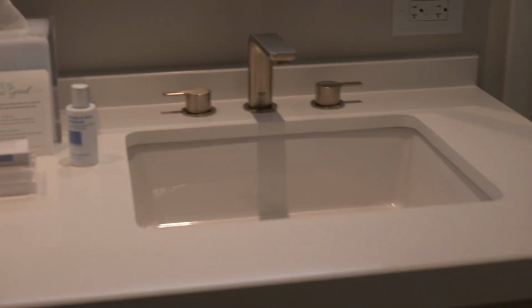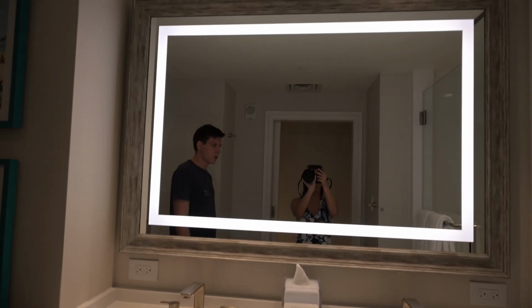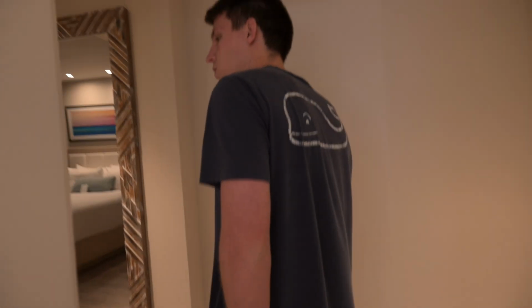Everything looks really nice. Got, of course, a double sink, which is super convenient if you're staying here as a couple. A nice lighting on the mirror, and a beautiful, really large shower, which is great to have. Looking forward to that tomorrow morning. Moving into the room,